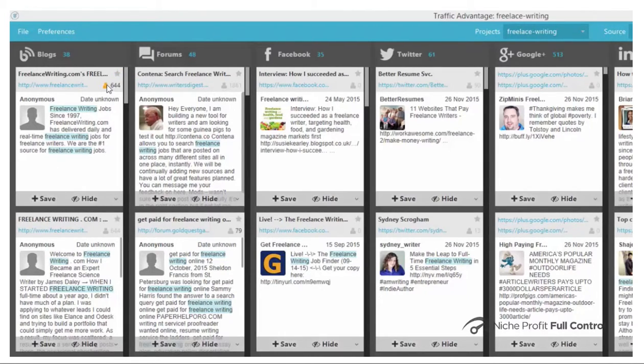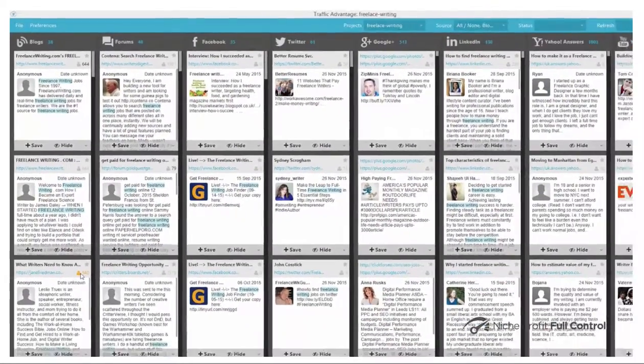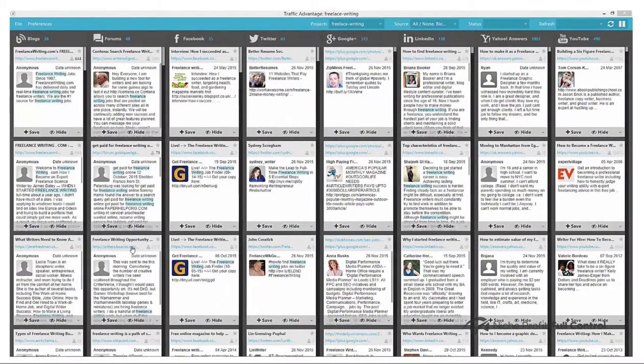And then here, if you hover over this, it tells you a couple of useful bits of information: the reach, the daily visits, and the Alexa rank. So daily visits and reach are pretty much the same thing, just for your reference. And that's helpful information to know because then you can really zero in on the conversations that have the most reach. You can get an idea before you even get involved in the conversation how much traffic you might get,